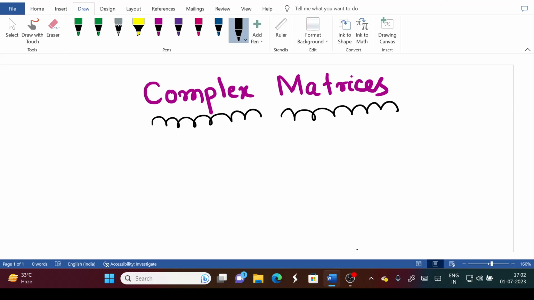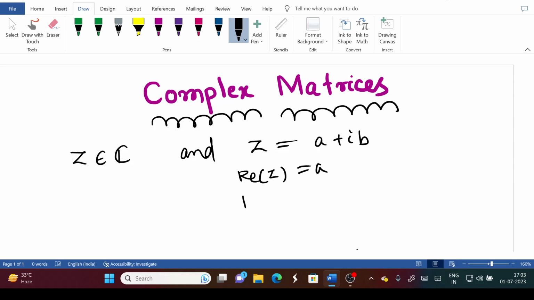Today we are going to discuss complex matrices. Before starting to discuss complex matrices, we must know what we mean by a complex number, and some of the properties of complex numbers. Let Z belong to C and let Z equal A plus iB. That implies the real part of Z is A, the imaginary part of Z is B, and here